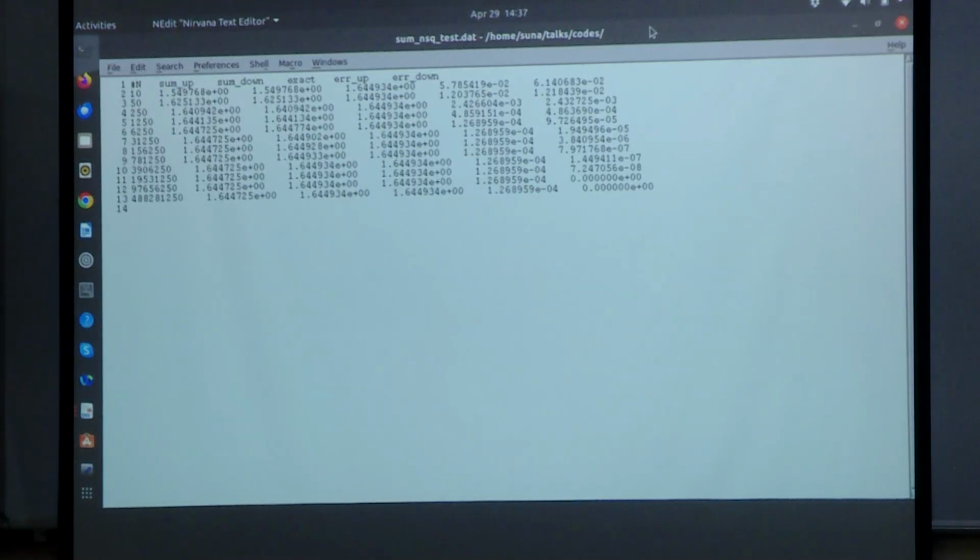Okay, so now you immediately see I'm only displaying so many numbers, right? I'm using a format where it displays 6 places after the decimal, but the error, you see how it changes between summing up and summing down, which is the last 2 columns. All right, so up to 6 places you will get it. But there is a big difference between summing up and summing down, and always what you want to do is to come up with some algorithm where you can get as much out of the machine as possible.